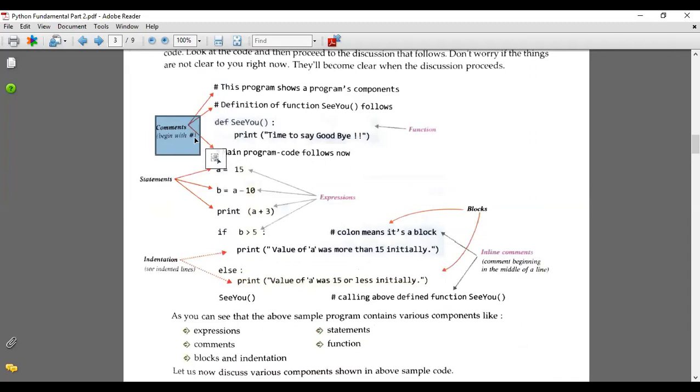This line will not be read by the compiler of the Python language. It is only for users' readable purpose.